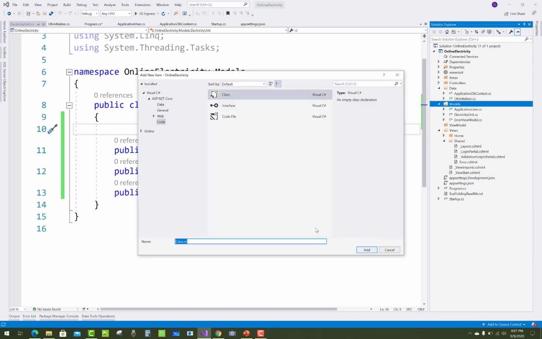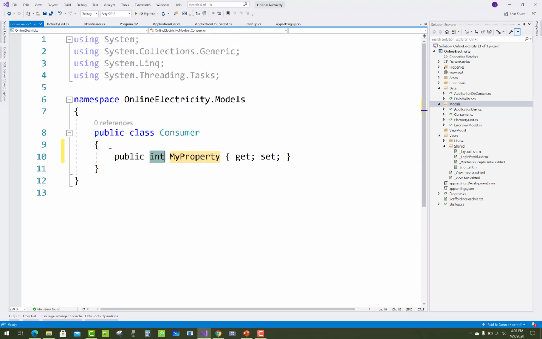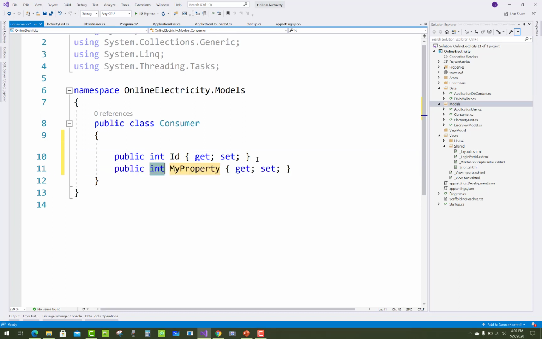Now create a new class, the Consumer class. Before creating the Consumer class we must have an ApplicationUser class, because the Consumer class is inherited from the ApplicationUser class.